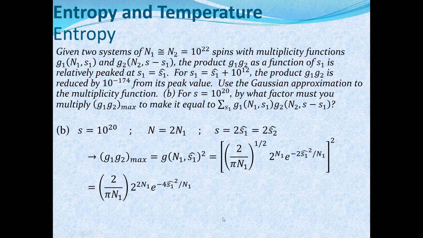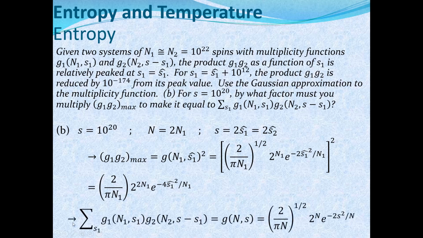All right, so what we're going to do now is come up with this equation. So we got an equation for this. Now we just need an equation for this, the sum of these products. So what we're going to do here